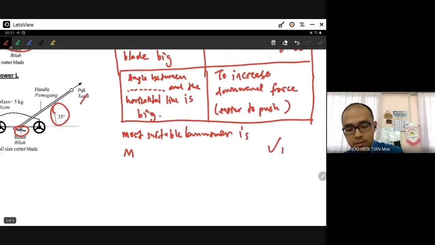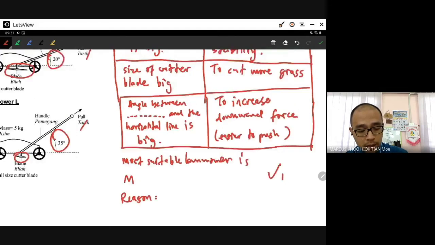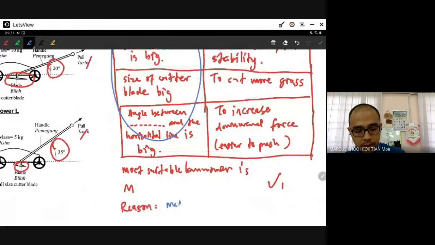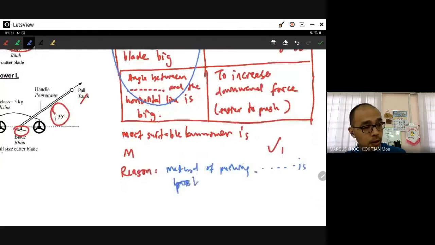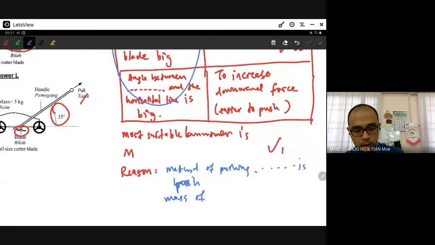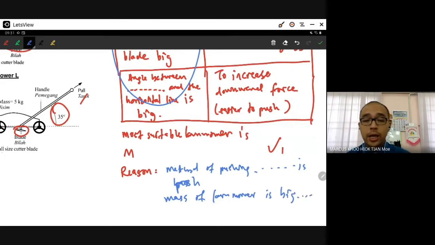Okay, so this is a 10-mark question, by the way. So this is 1 mark. Whenever you write the reason, you write all these 4 things all over again. The reason: the method of pushing is big. A is push. And then after that, what's the second one? The mass of the lawnmower. Mass of lawnmower is big. And then you complete all the